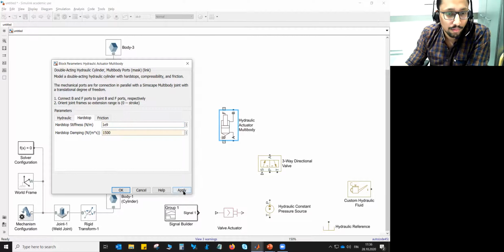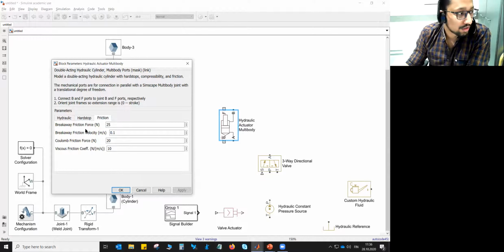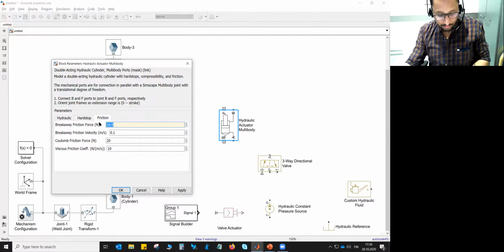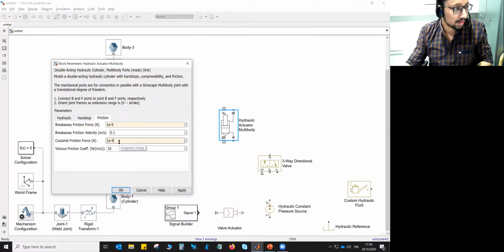9. Press apply. And then under friction, the breakaway friction or the static friction can be 1 into 10 to the power minus 9. So 1e minus 9. And same for the Coulomb friction, or the dynamic friction. It can be the same value over here.